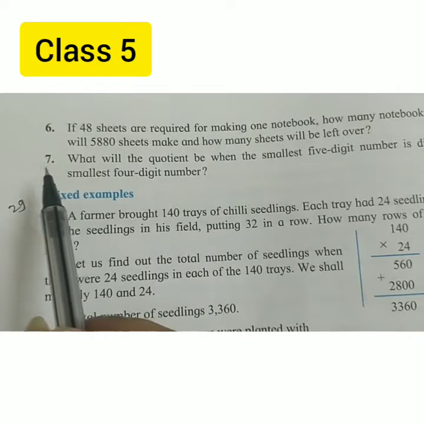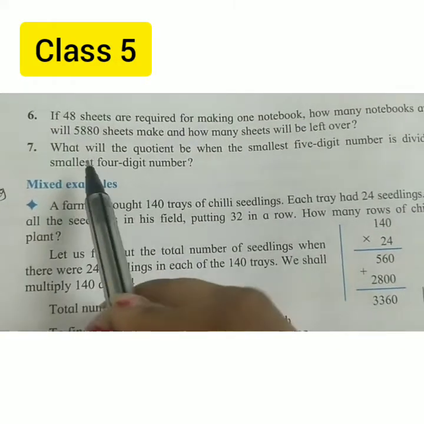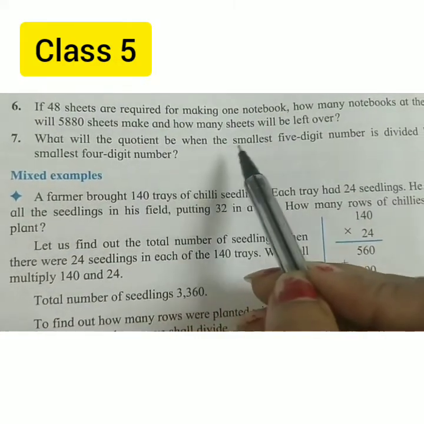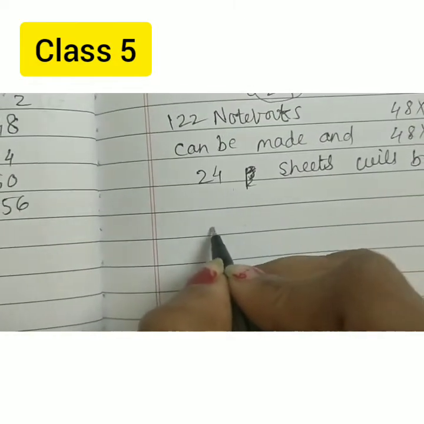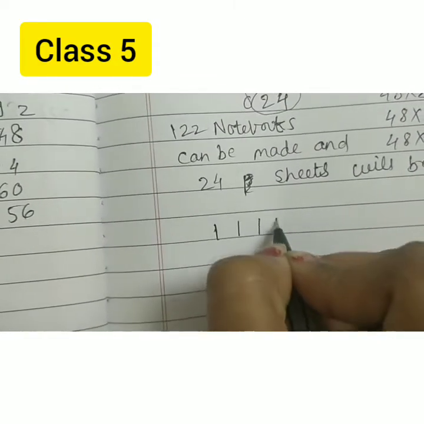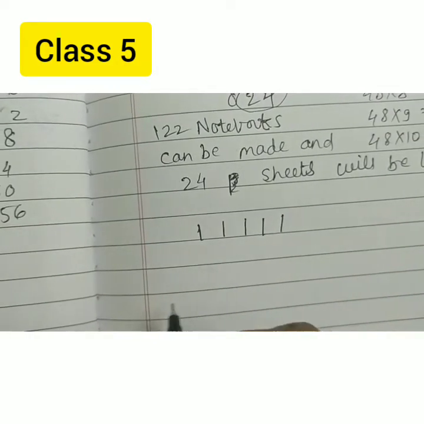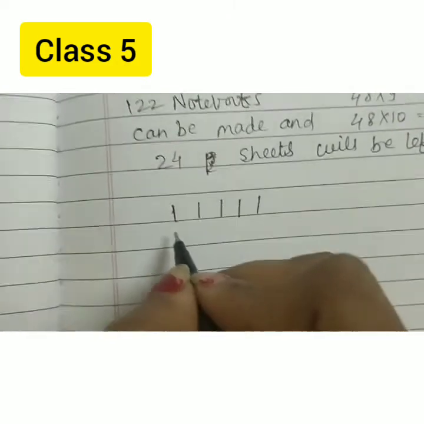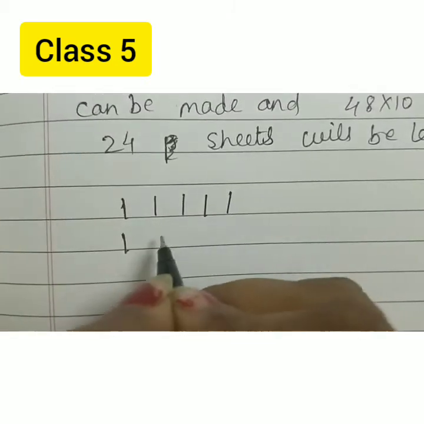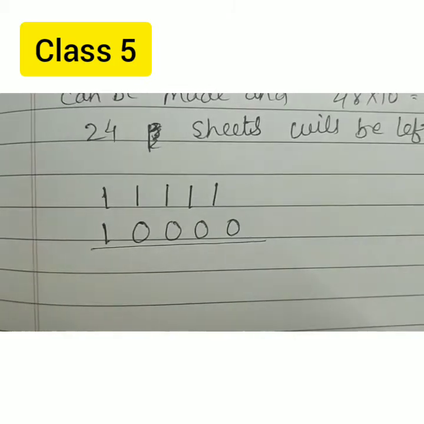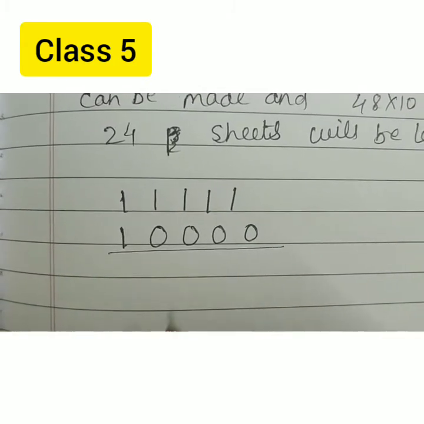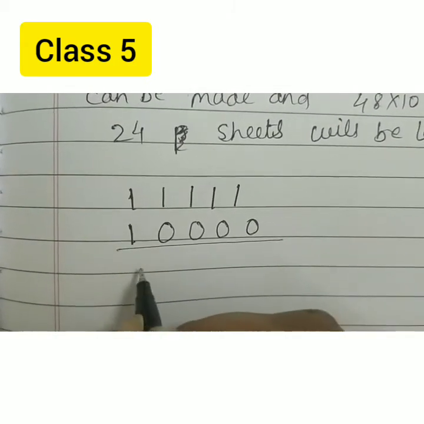Okay, that's it. And now this is the seventh question, which is your homework, and that is, what will be the quotient when the smallest 5-digit number is divided by the smallest 4-digit number? Now smallest 5-digit number is what? This is the smallest? No, this is not the smallest 5-digit number. Okay, smallest 5-digit number is this, and when it is divided by the smallest 4-digit number,